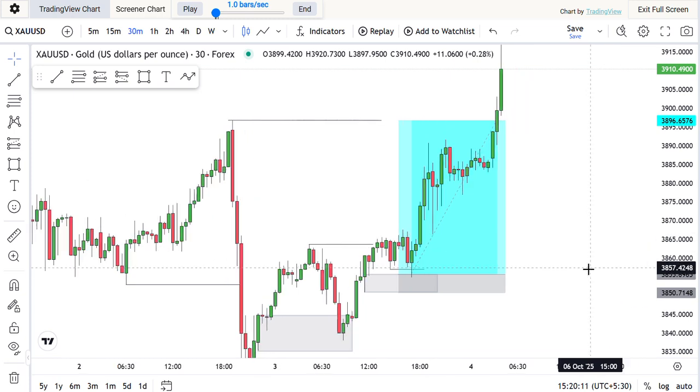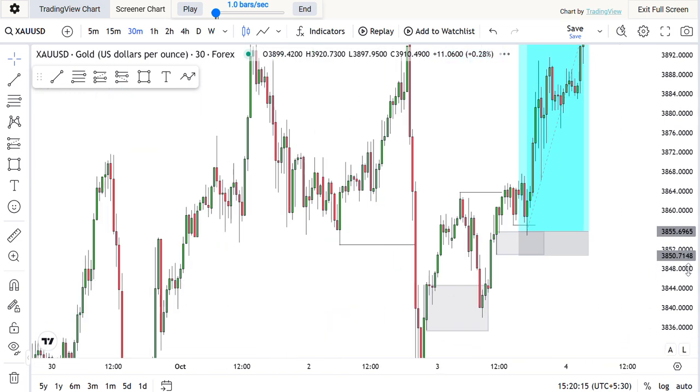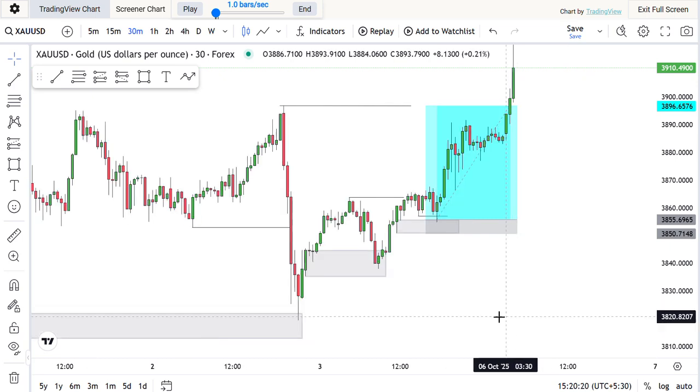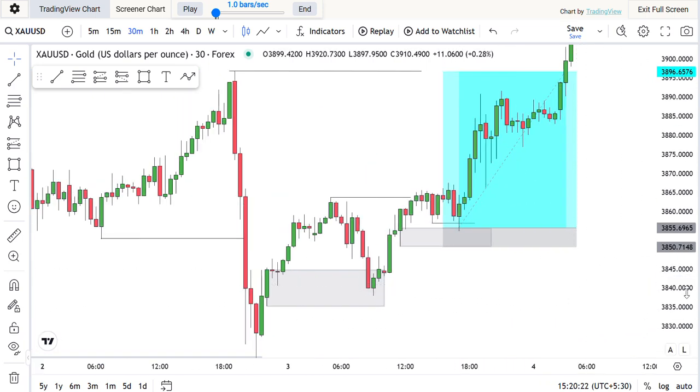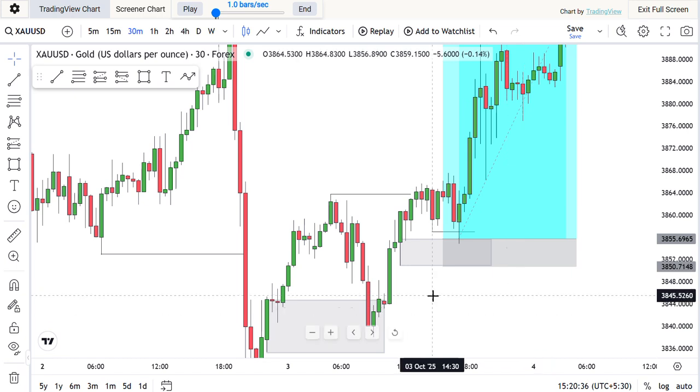So I just wanted you to see how we can make use of mitigation, market structure, and liquidity all in all to be able to get an entry. So I'll send you the pictures of trades that you should look at and predict what is going to happen with them. I'll send it to you soon so that you can have a look at them.